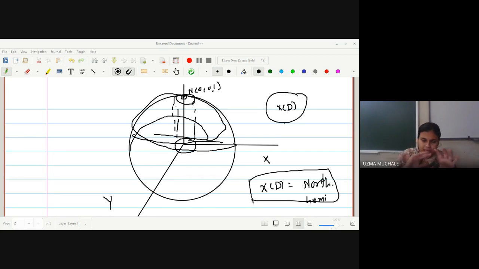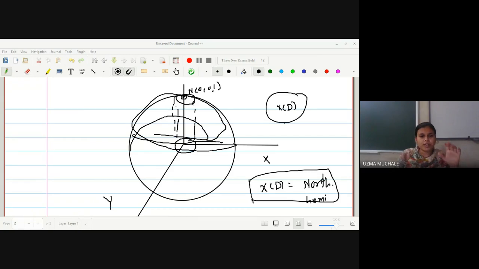Okay, जो आपका x of d आपने create किया है, so that is a neighborhood of every point on the hemisphere. जो आपका half sphere construct होता है, वहाँ पे आपको x of d contains a neighborhood of each of its points in the hemisphere, and hence we can say that x of d is a surface. This we have proved only for a hemisphere. Now you can go for the southern hemisphere, and again you can prove.